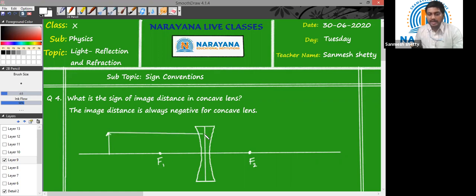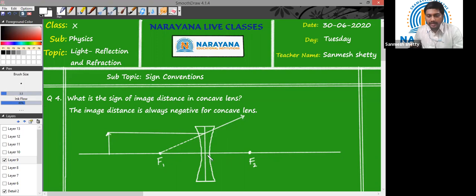First let us draw a parallel light ray. After this parallel ray of light is incident, it will get refracted in such a way that it appears to be coming from the focus of a concave lens, like this. So it appears to be coming from this particular point. Let us draw it in the form of dotted lines. So it looks like this refracted ray is originating from F1. Now let us take another ray.